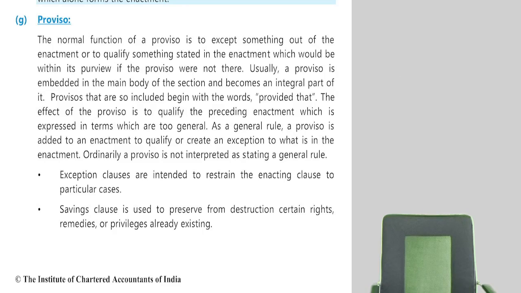First case: every company should conduct, but for a Section 8 company, the proviso is in the nature of an exception. Second: the MD will be appointed by the board of directors. Within how many days of appointment? 60 days. You should file Form MR1 with the ROC. This is an exception, an additional condition. That's what I want to tell: a proviso can be used for 2 things. Number 1, to create an exception to the main section or to qualify the main section. Qualify means increase the scope. Listening, write down.